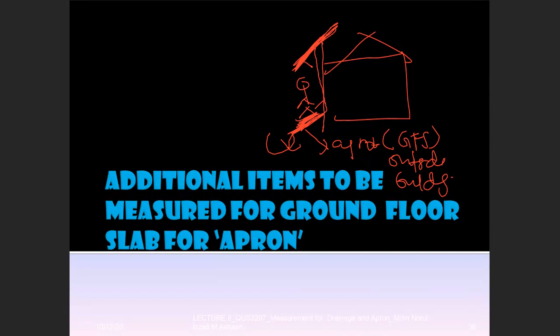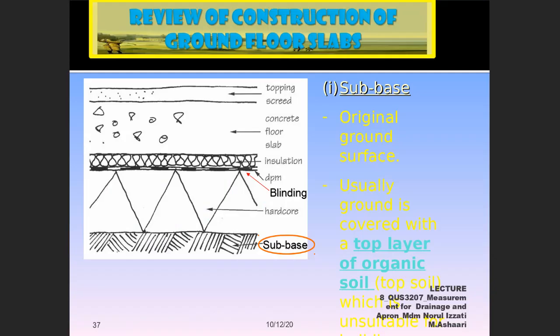drainage. So basically, if you have to measure the apron, we have to measure according to the cross section, from the sub base, from the blinding. If you have the insulation, then you have to measure in meter square. Concrete, you have to measure in meter cube. And the topping or the screed, this one is not required to be measured because this one is under